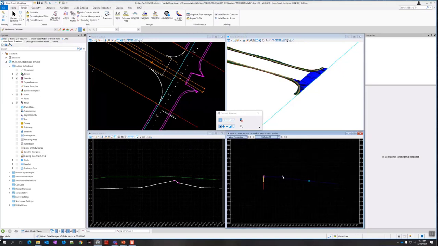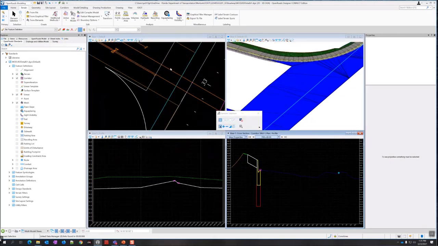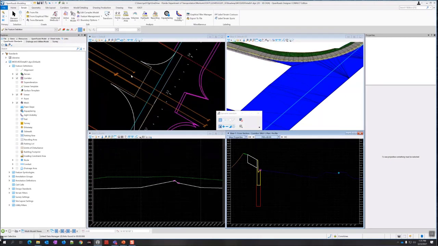So this is somewhat useful. Let me just go up a little bit farther so I can actually see the whole sidewalk here. So notice what's happening here. You've got a lot of breaks going on, and usually you want a little bit of finer control over that. So we want to be able to have a little bit of a smoother roadway here. So what I'm going to do is just do a break line across here, just to make sure that this is breaking in a consistent fashion. And this should probably follow the center line here from the traffic separator nose out.